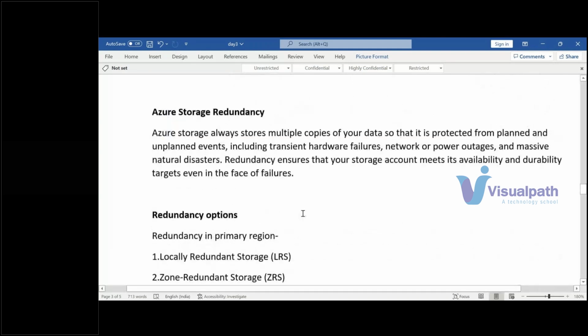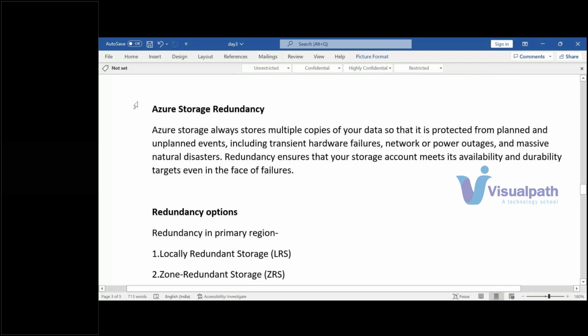So this is completed. Now let's come to the concept of Azure storage redundancy. Now let's discuss how Azure makes sure that our data is highly available and also ensures the durability of the data as well. So yesterday we have covered how